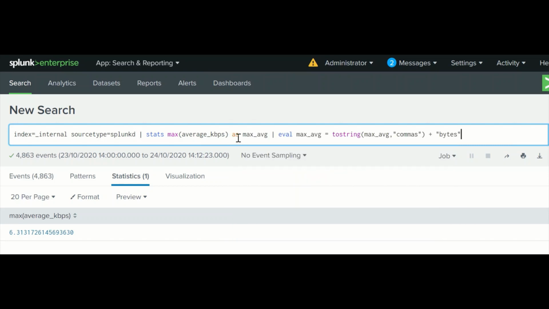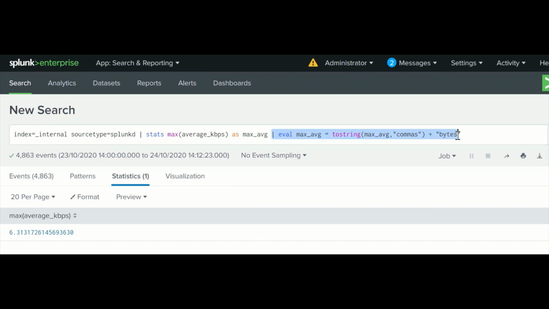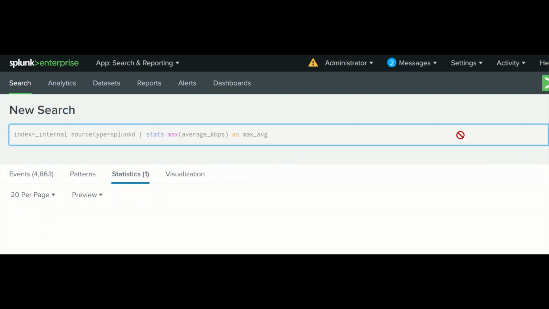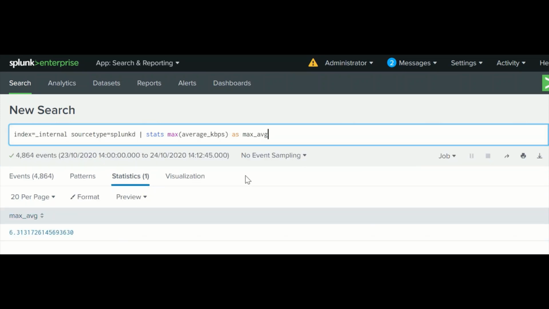You can rename this field, called max average. If I run this command now, after this it will show you the rename. It removes the max and it is showing the new field over there. So it will be the new name of that field.